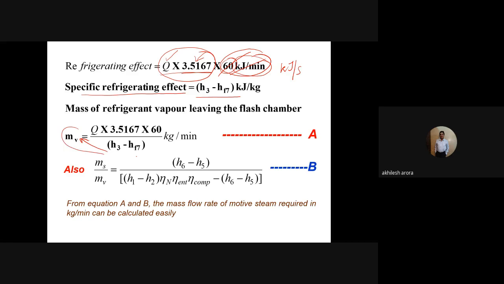इसको मल्टीप्लाई करता हूँ तो ये भी टोटल कूलिंग इफेक्ट है और ये भी टोटल कूलिंग इफेक्ट है। 60 को अगर लेना चाहते हो ले लो तो केजी पर मिनट में आ जाएगा, नहीं लोगे तो केजी पर सेकंड में आ जाएगा। तो इस इक्वेशन को यूज करके मैं मास ऑफ वेपर निकाल लूंगा। अगर मास ऑफ वेपर निकल गया तो मैं उसको यहाँ पुट करूंगा, और बाकी सारी वैल्यूज अगर मेरे पास हैं, मुझे मालूम है कि